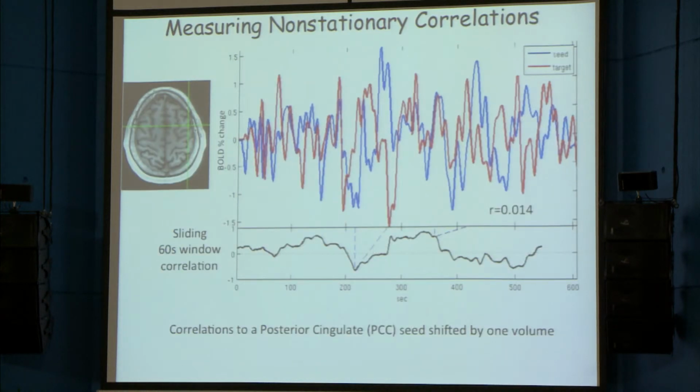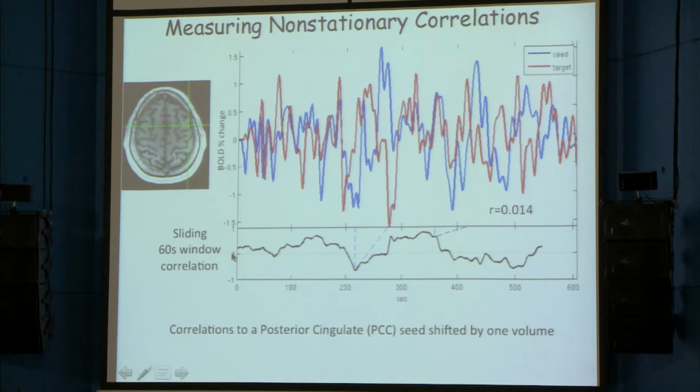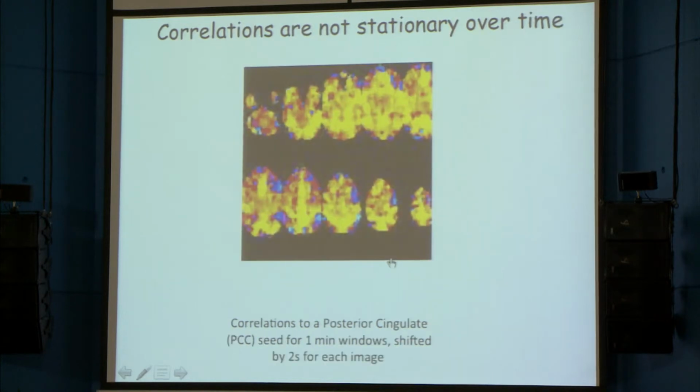So here's some early work by a postdoc of mine, Dan Handwerker. And others have shown this before. Katie Chang, other groups have shown that if you just take two regions of interest, one from the posterior cingulate in the default mode network, another from the premotor cortex, and you look at the time series of those two signals, you see that if you do a sliding window of like a minute, the correlation is typically 0 if you average over all time, but it goes up here, and it goes way down, it goes back up again, it goes back down. Is this random? We've seen it to be somewhat periodic.